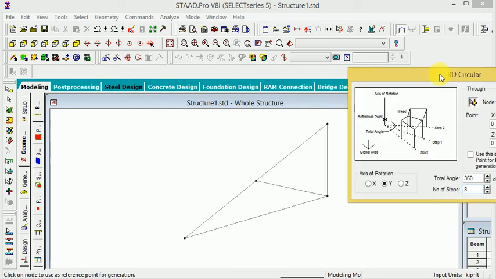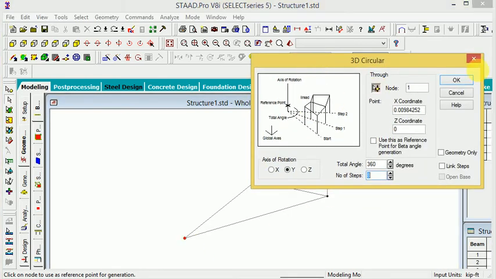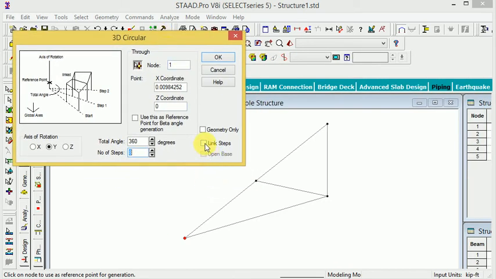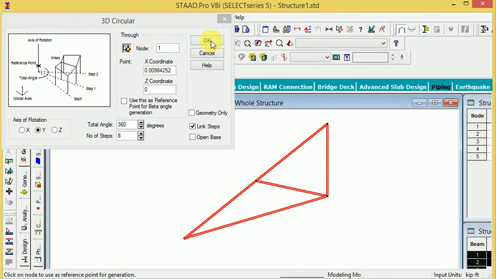First my node, and again click this node, and the quantity is 8. Look at this, a very important thing is step link. If you give the step link, it means the link is directly created continuously for the pattern. Otherwise, if you do not check the link, it is not connected. So when you check the link and select all body here, you can do this.